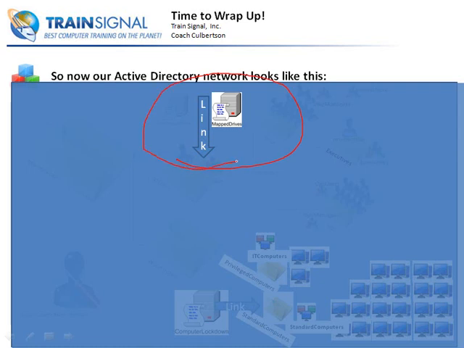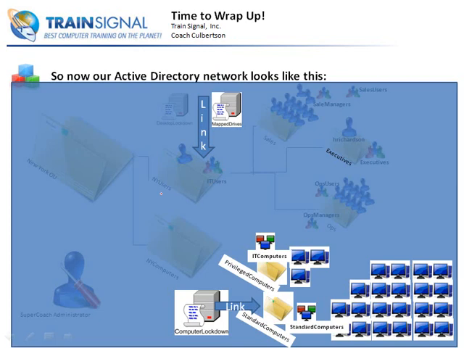We created a new mapped drive GPO here, and we of course linked it to our NY users so that it would actually apply to all of our GPOs, so that way everybody can have access to those mapped drives. Now we also created a new computer lockdown group policy object, and we linked it to standard computers. We split our machines up into two groups, privileged computers, which only 3 of them are going to eventually go